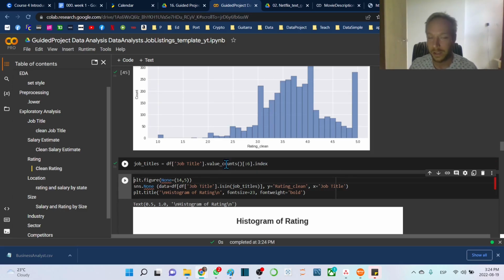And I like using value counts versus .unique, because you can select which ones occur the most often. So .index is a way to do that. And here we're going to go down in the figure size. Now that we have the job title list, we're going to go big size,